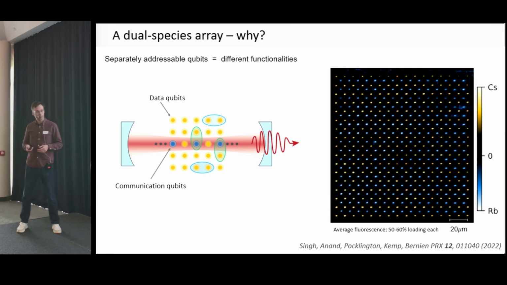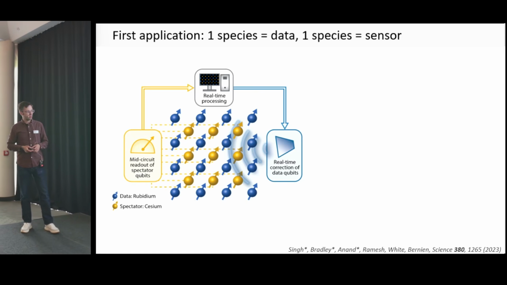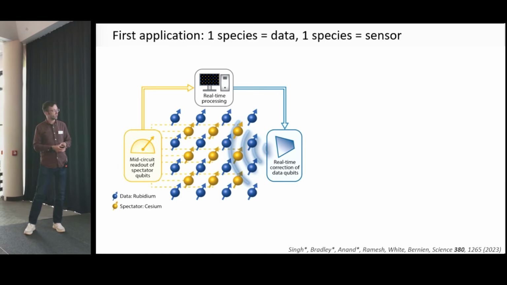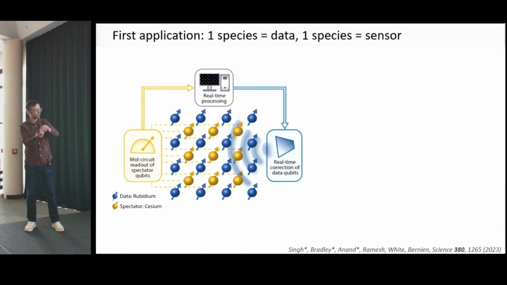And just to show you some results that we got on this, here's a nice one from last year where we set 2 different tasks for the atoms. One is the data atom, and the other atom is actually, we call it a spectator qubit, or the community calls it a spectator qubit, basically a sensor that senses noise in the background that could affect your data qubits. So you have a co-localized sensor in your chip, in your quantum processor, and if you can sense the noise in real time, you have the ability to correct for it in real time if the noise is correlated between your sensor and your data qubit.